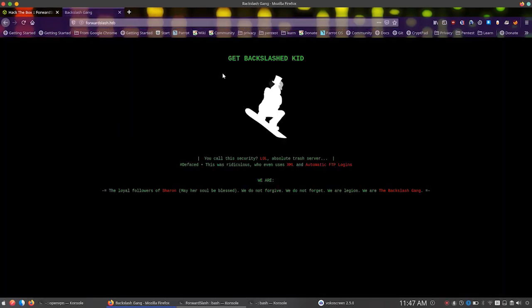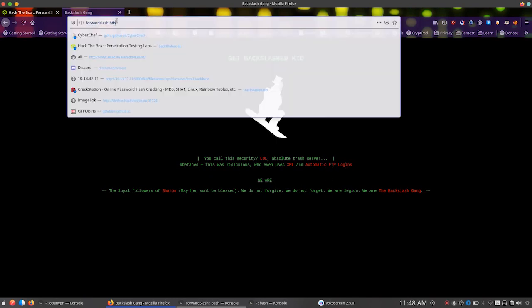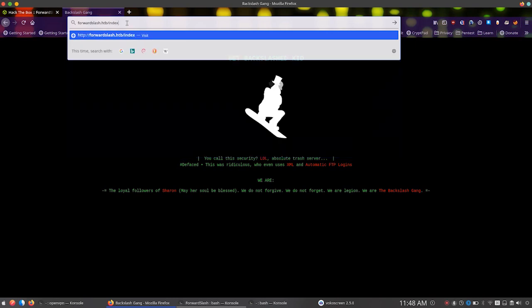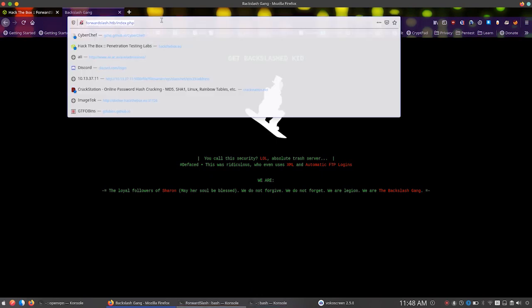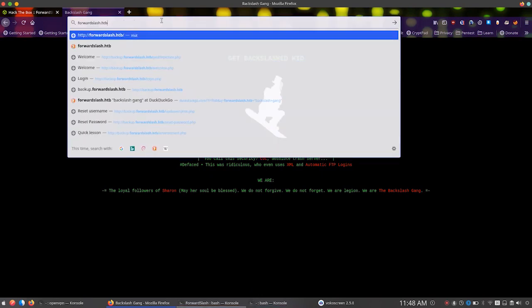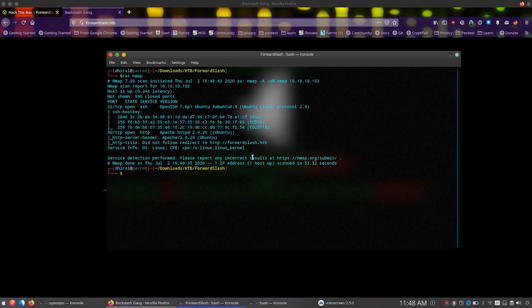Now, if we go to the website, we see it is a defaced website by some hackers called /gang, and they say that the old website used automatic FTP logins, which will be used for getting the user later. And basically, if you try to enumerate or brute force any kind of directories or pages, there is nothing else than index.php. So what we are going to do is brute force the subdomains for forwardslash.htb, and in order to